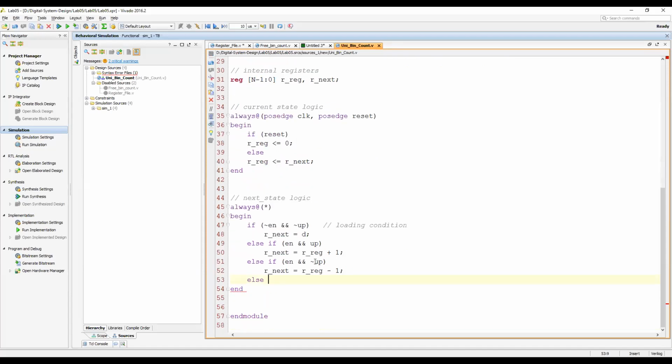Okay, so let's say I'm going to change this condition. It's quite difficult now.